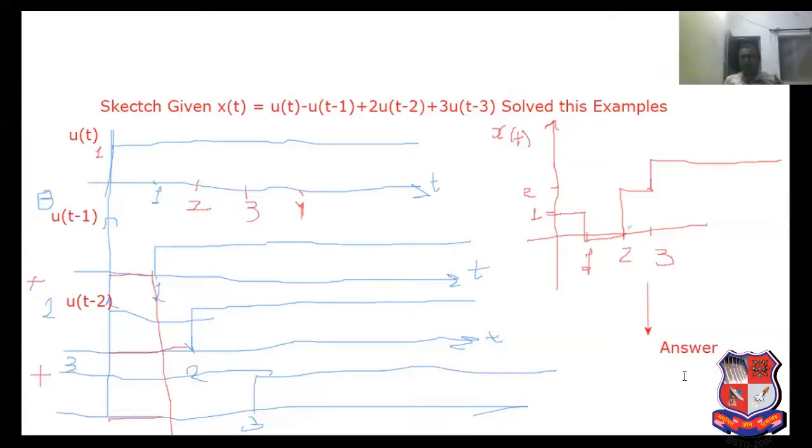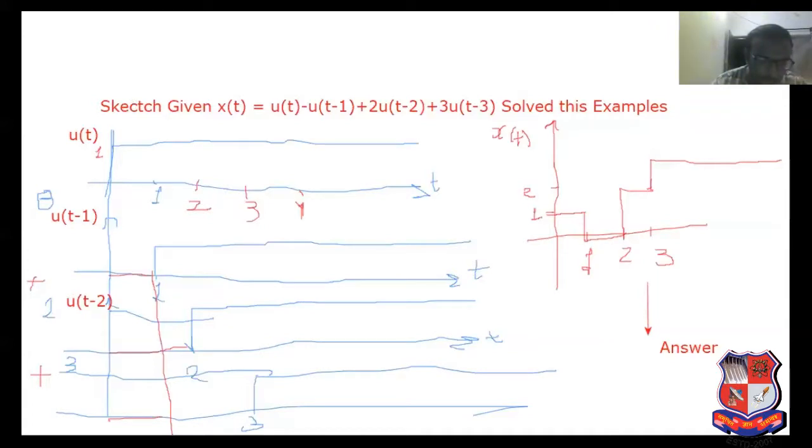So it is the complete explanation regarding solving the example. Here a spelling mistake is included: SKETCH, C is not included. By mistake I have written it there. So please concentrate, this type of example can be asked in the examination. See, this is the basic example of signal operation that can be done on the elementary signal or basic signal. It is the concept related to that particular point.